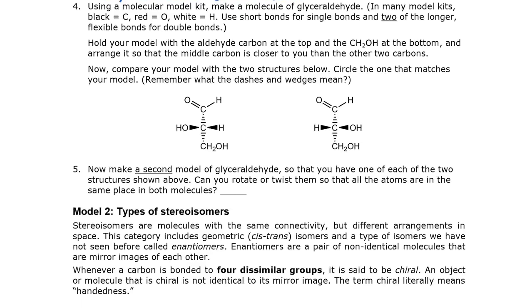If we were doing this in the classroom, I would now hand out molecular model kits where black atoms, which have 4 holes in them at tetrahedral angles, are carbons. Red atoms, which have 2 holes at the same angles, are oxygens. And white atoms, which have 1 hole only, are hydrogens. So this suggests that you could make the model. If you have a model kit, you should go ahead and do this.